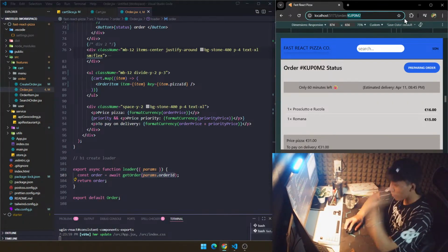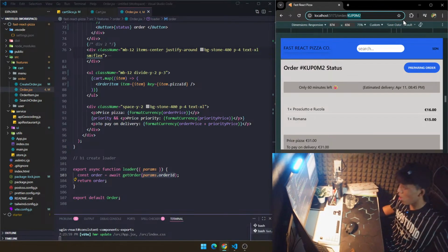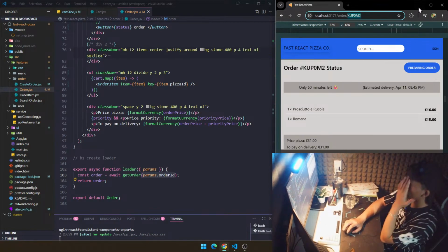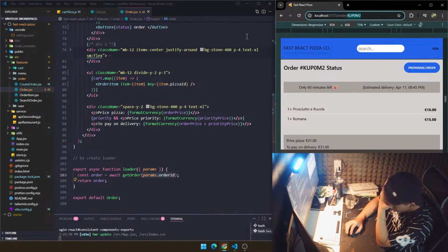We fetch exactly the order from this data. And where do we get this data? I'm not sure about that, but